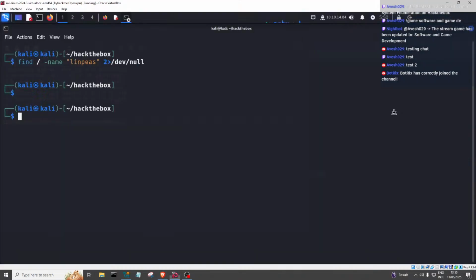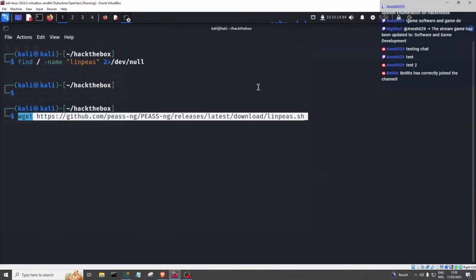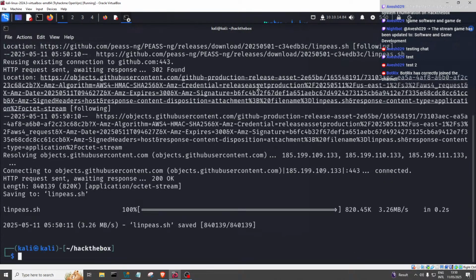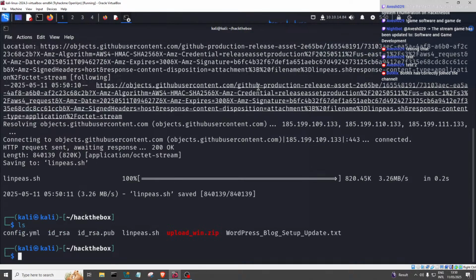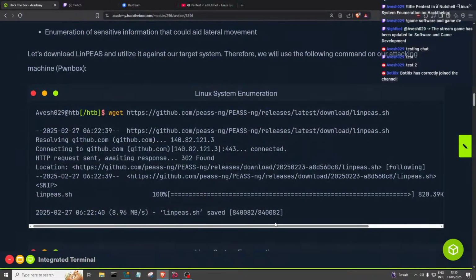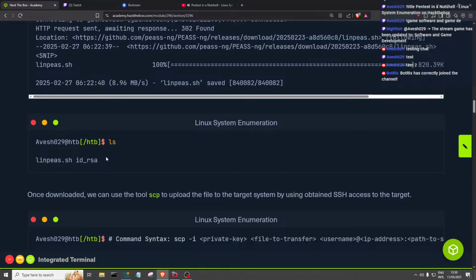Let's get the LinPEAS script. Boom. Let's see if we have it. Anything yet? There we go. We got the script. I thought it was going to get us the whole LinPEAS suite, but it just got the script, which is nice. Once downloaded, we can use the local tool SCP to upload the file to the target